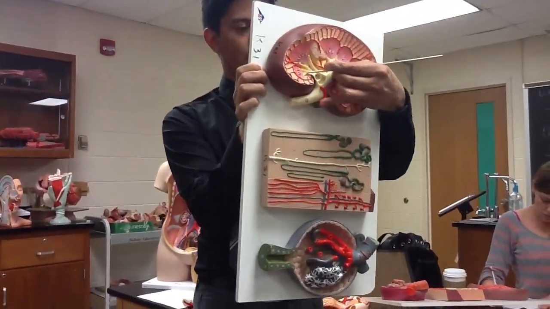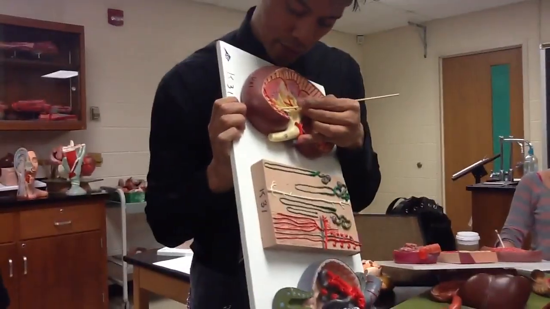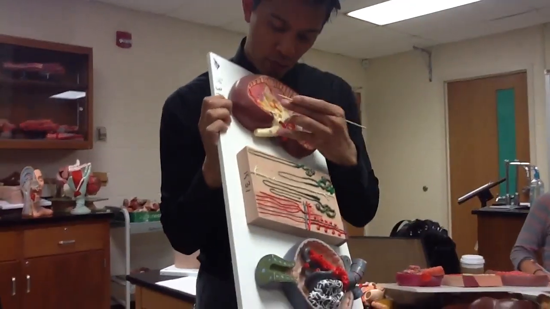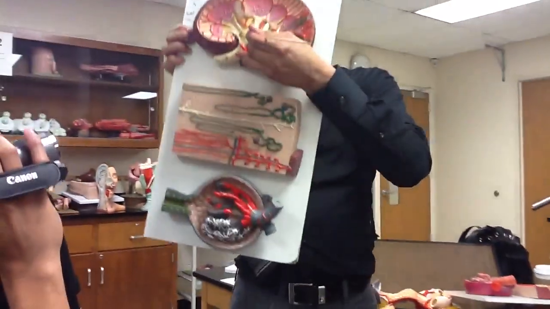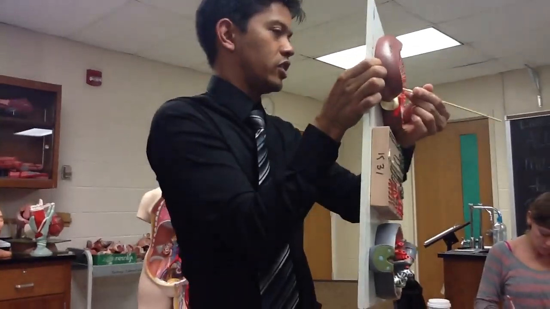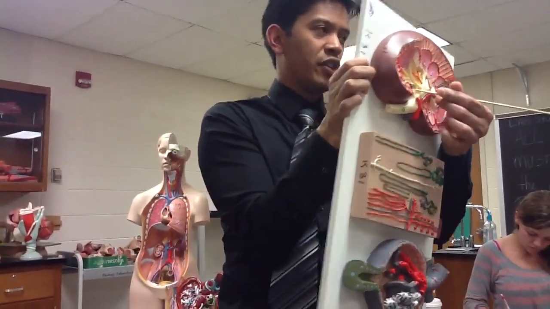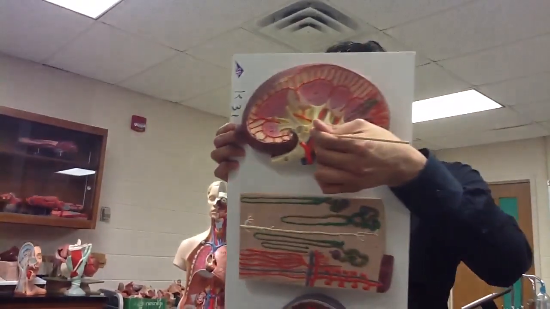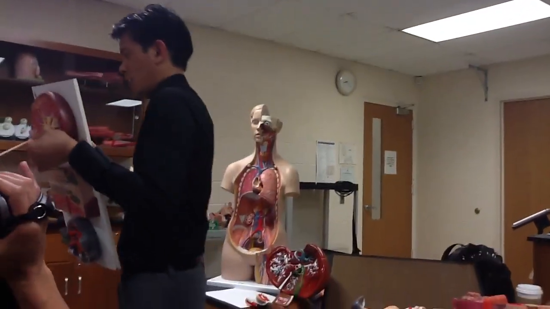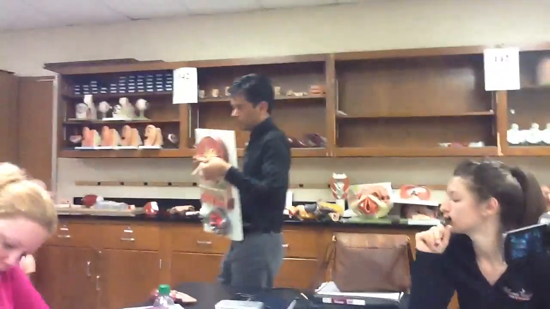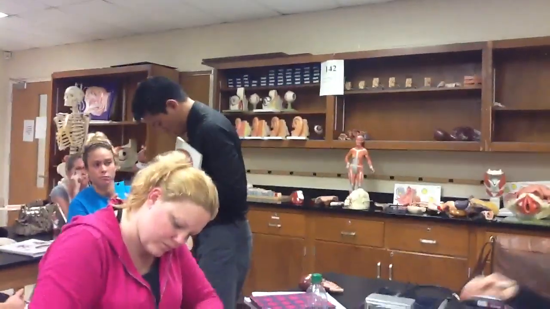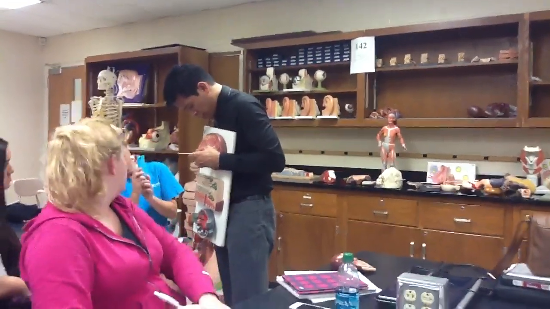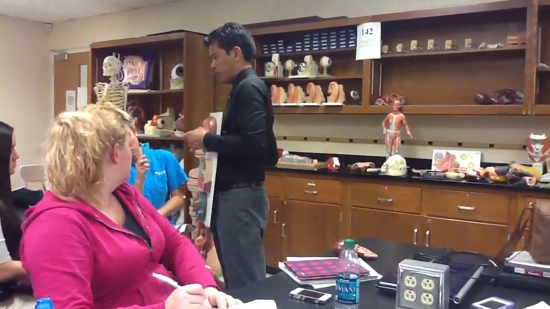That's a minor calyx. Now, if you go one level down, you can see here's two minor calyxes here, where they empty out right here, where those two come together, that's considered a major calyx, right here. That's where the pointer is. There's kind of a circular thing right there. That's the major calyx, where the two minor calyxes come together. That is now called a major calyx. So if you all can see here, here's a minor calyx here. There's a minor calyx here. But the two have formed together right here. They formed a major calyx. Right